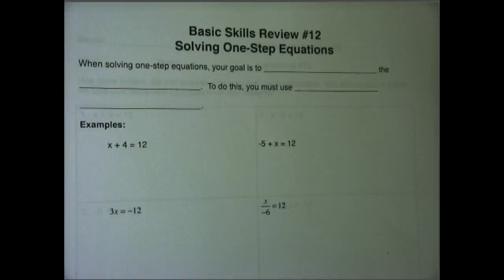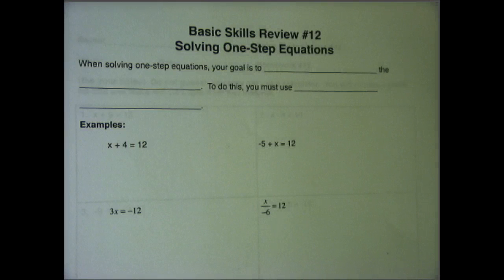Let's begin Basic Skills Review number 12, Solving One-Step Equations. For those of you in pre-algebra, this will be one of your actual in-class assignments to prepare ourselves to begin Chapter 2 of our book. So all of our pre-algebra students will be doing this as a part of their homework in class. Algebra 1 students, this should be a very simple review for you as you have moved on to much more